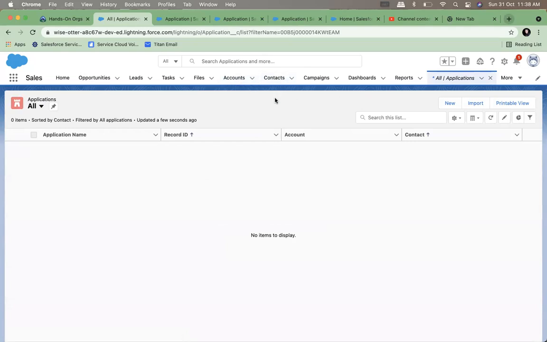Please remember that. Now the application object has two relationship fields. If any object has two relationship fields, it is called what? Anybody remembers? Any standard objects which have two relationship fields? Can you remember from last discussions?